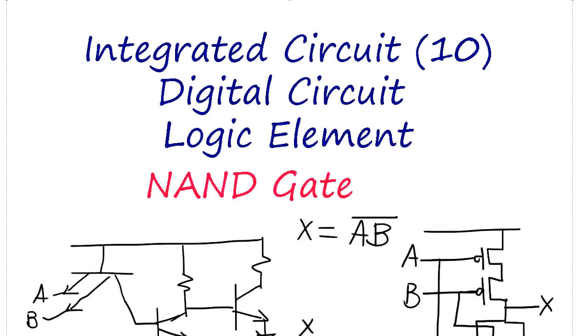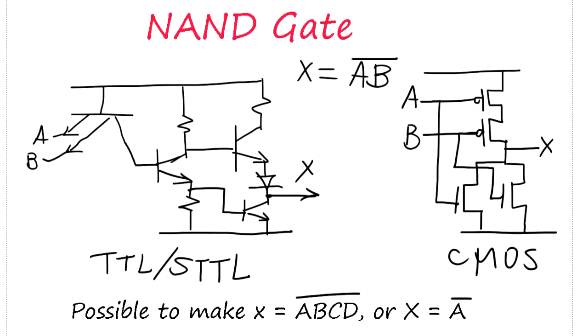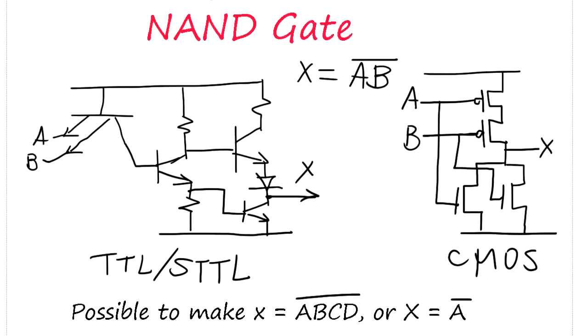Integrated circuit, digital circuit, logic element, NAND gate. All the logic design in IC chip started with NAND gate. NAND gate is like a TTL or STTL. STTL is like the Schottky. The Schottky diode